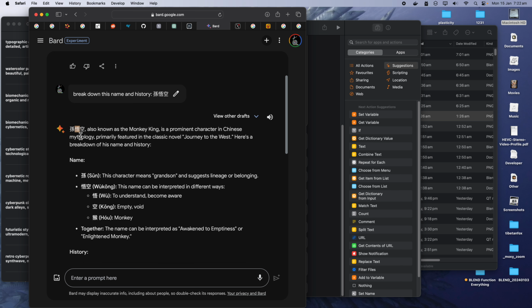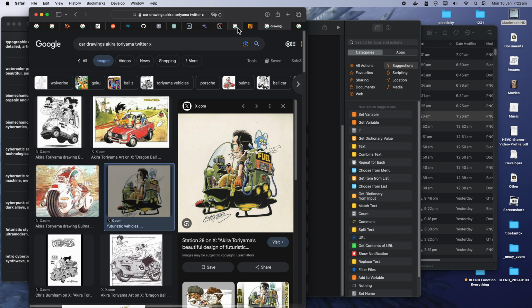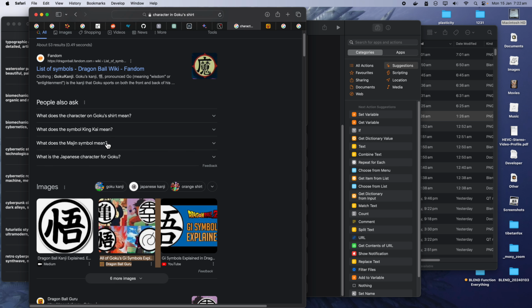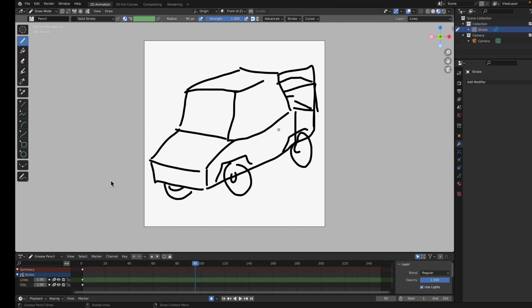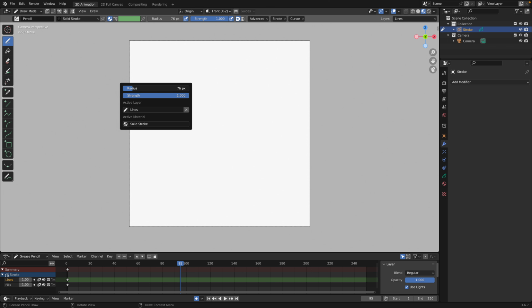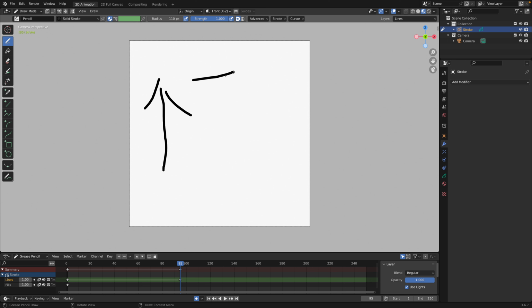This one, the middle part, is the one that I'm interested in because it's in Goku's shirt. So that's the one that I want to draw. If you want to know how to draw each stroke, feel free to just search how to draw the kanji. I think the stroke is actually drawn. So I'm just right clicking and like this. This is supposed to mean enlightenment. Maybe I did it wrong, but